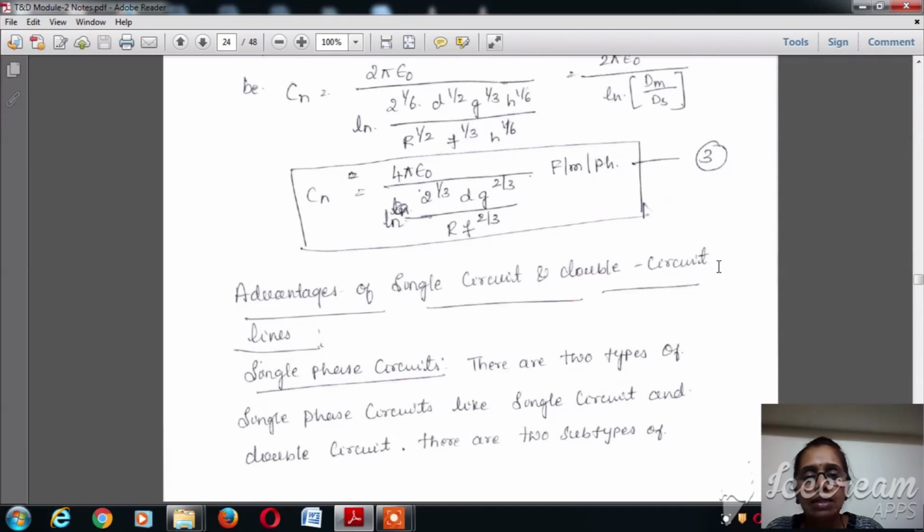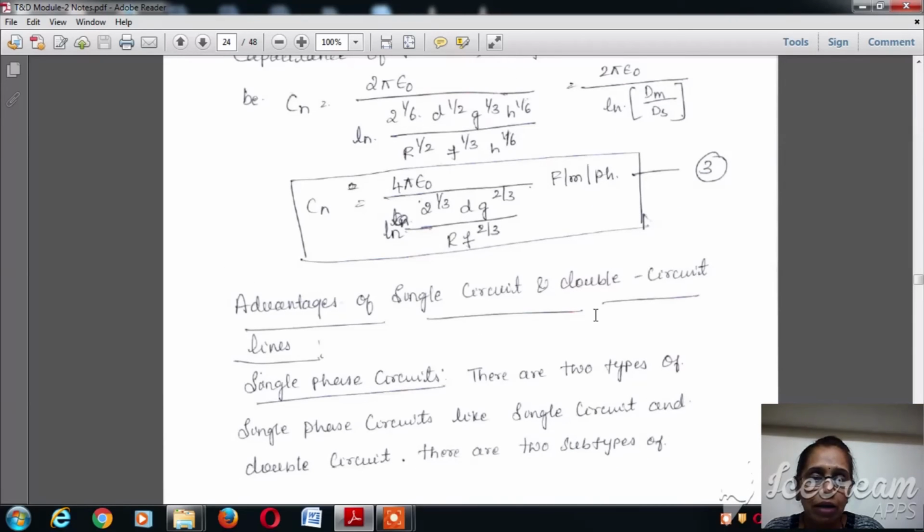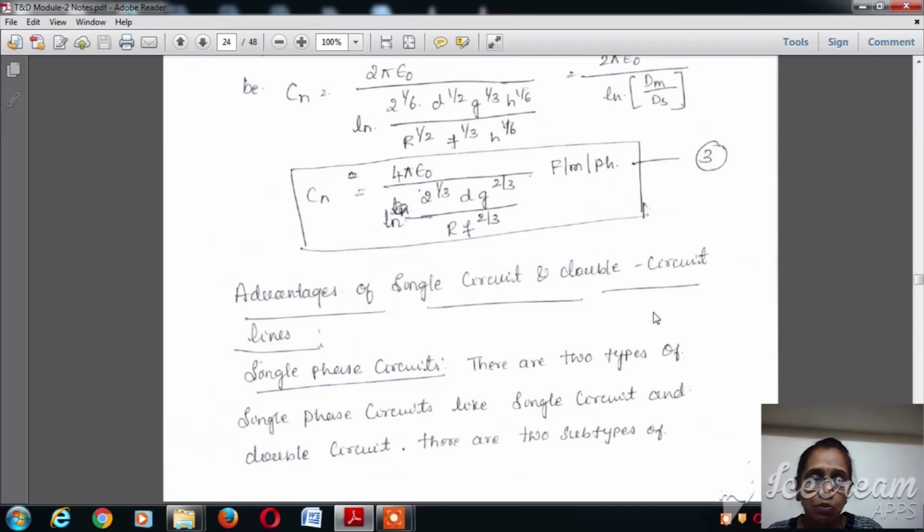Now, what are the advantages of the double circuit line? We understood what the geometrical mean distance and geometrical mean radius are, and we found the capacitance of the three-phase line when it is a double circuit line and when it is transposed. We can calculate the inductance and capacitance for the single phase line, the three-phase line, and the three-phase double circuit line, even if it is unsymmetrical, as well as symmetrically spaced transmission lines, and we understood the importance of transposition.